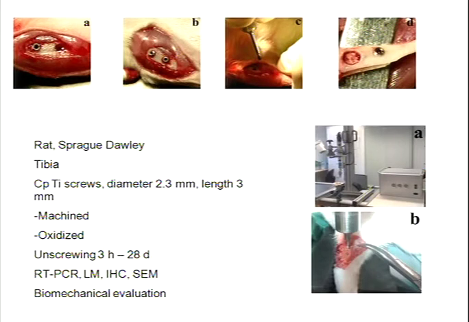What do we do? We insert these implants in animals. We retrieve the implants. But then what most people do is that they analyze the morphology around the implant, and that's very important. Or with micro CT or X-ray. What we have started with is to analyze the cells that are present on the surface after unscrewing and retrieval